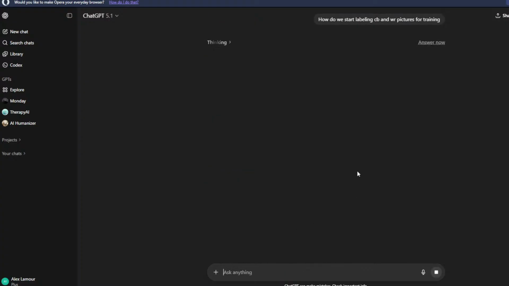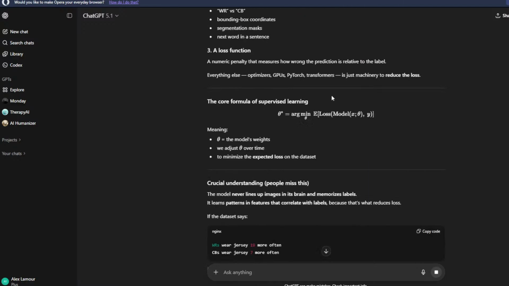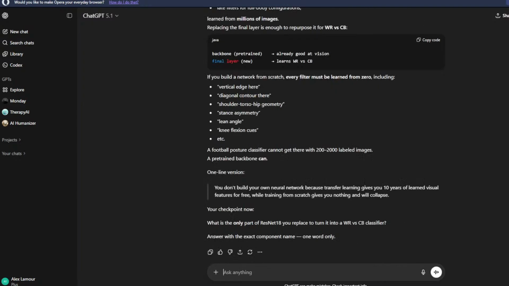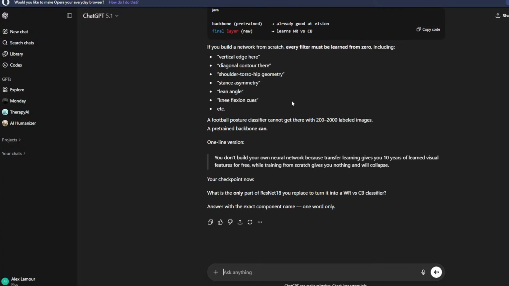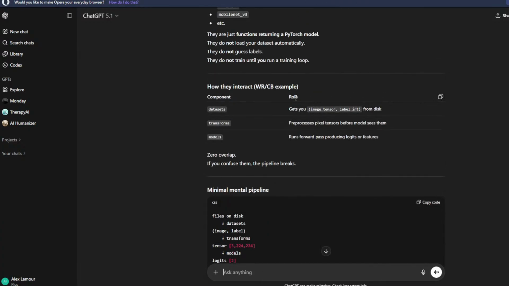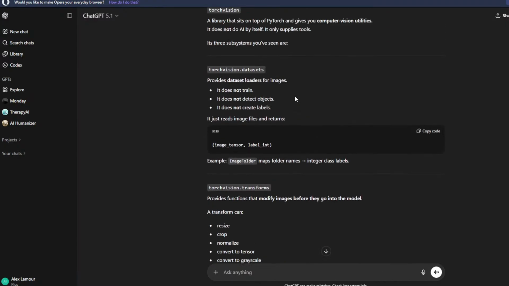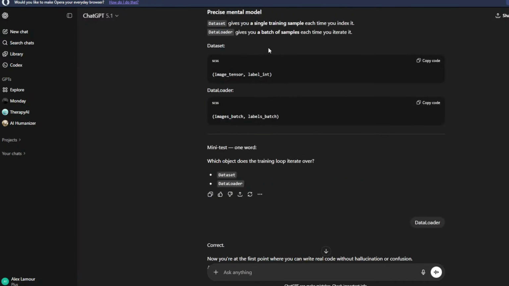Obviously once we're done labeling, then we could actually utilize those pictures, the data that we have. Oh, actually, if I remember correctly, the labeling works in regards to the pathing of the